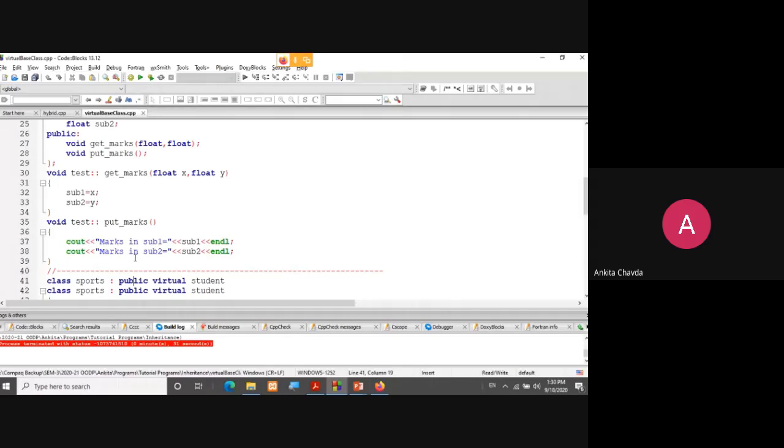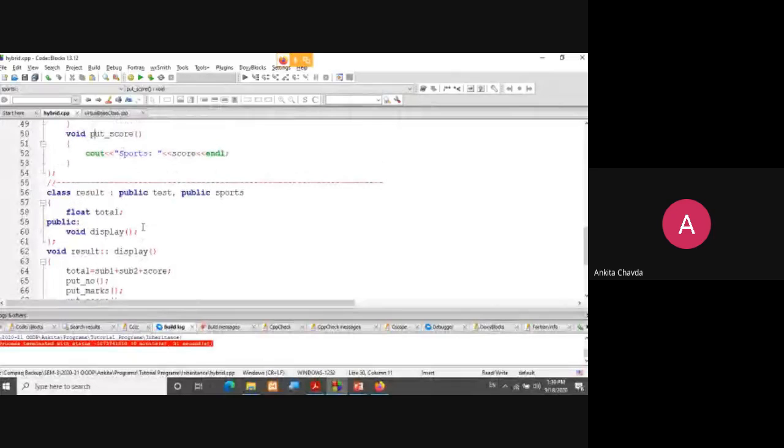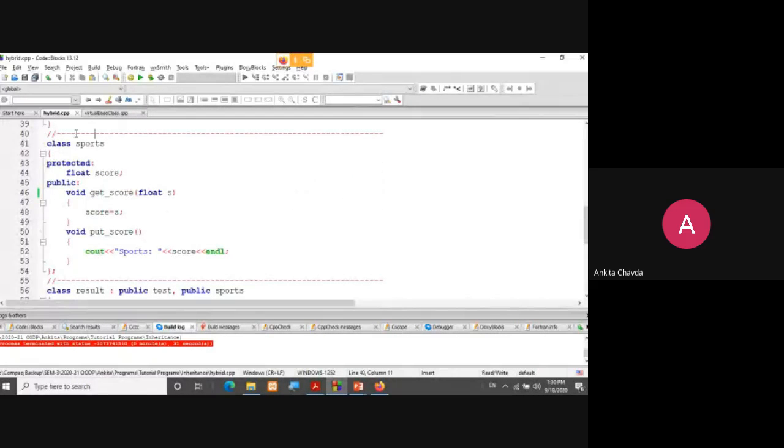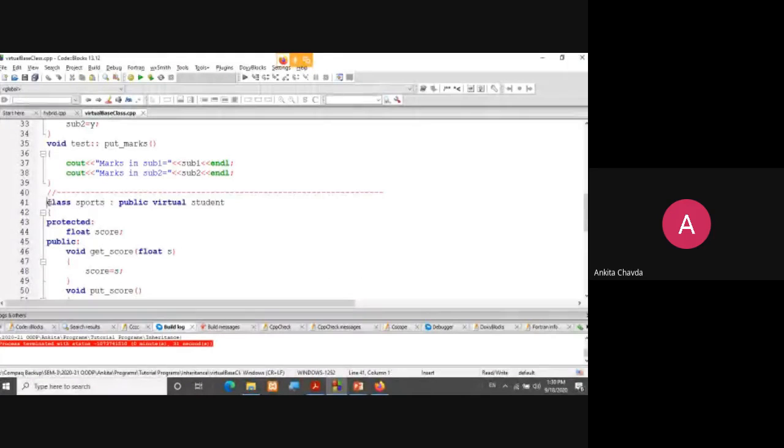Here also in sports, previously it was only class sports because it was an outsider and not derived from any other class. But here we have class sports derived from the student class, and now I'm deriving it as a virtual class, right?